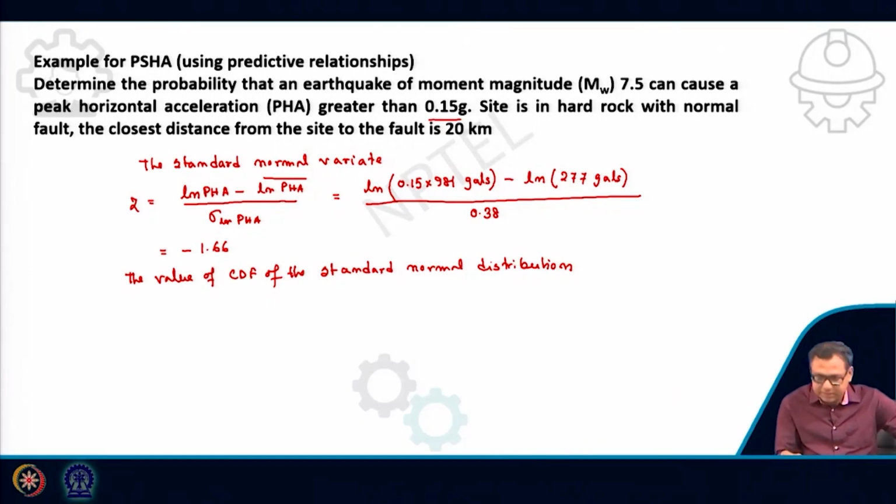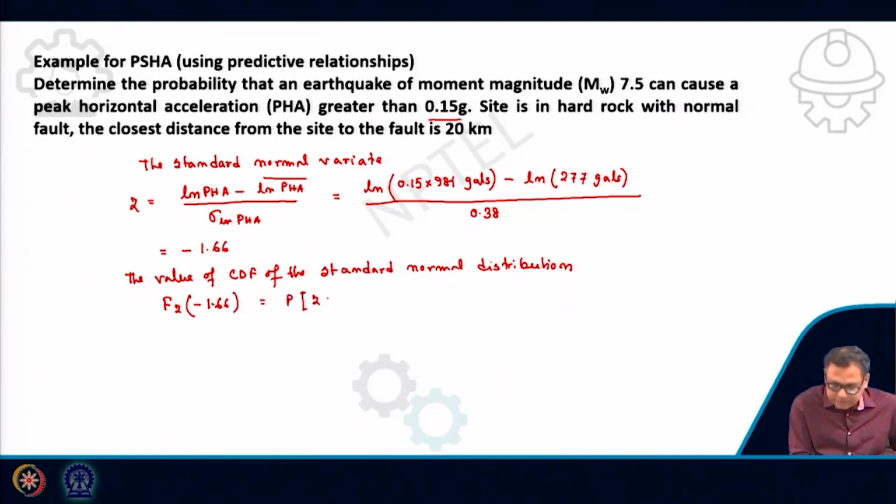A standard table is available, and from there you will get this value. So my Fz is now 1.66. Okay, so the probability of Z less than 1.66,